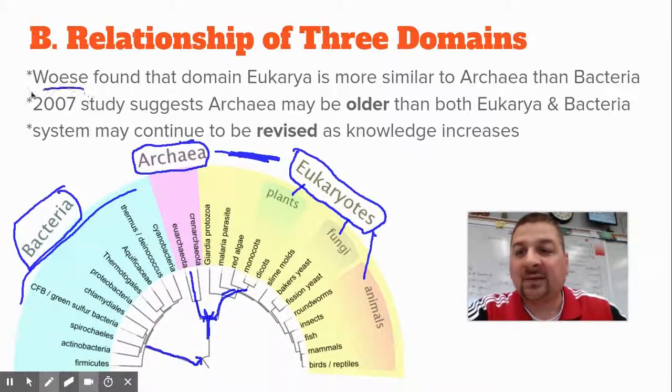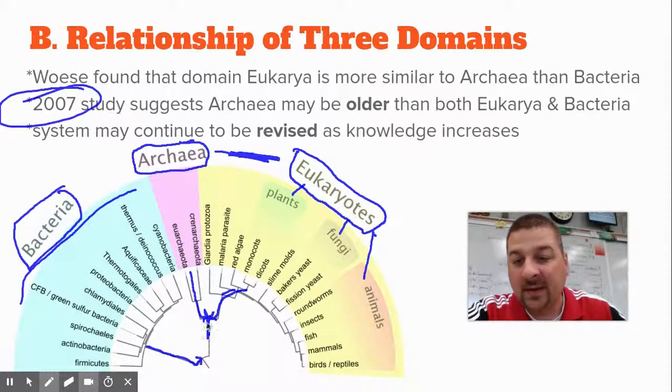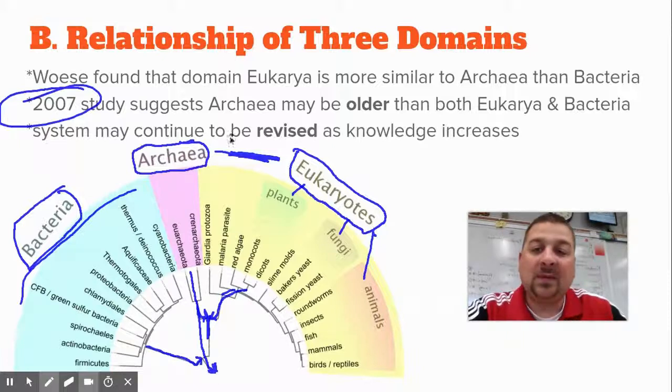Now in 2007, a study suggested that this branch is too soon, and that archaea might actually have to go back even further than that. But these domains, these kingdoms, and how things are classified will continue to be revised over and over again as we learn new traits and make new discoveries with RNA and DNA. It's a typical science thing: as we make new discoveries and people do more research, we go back and revise our thinking on how we should group or classify things together.